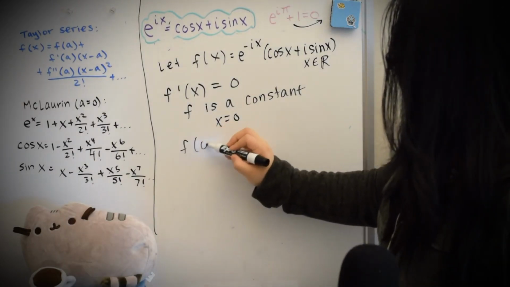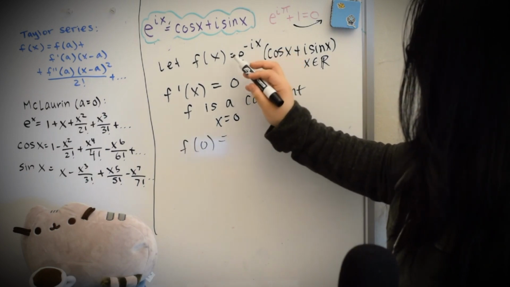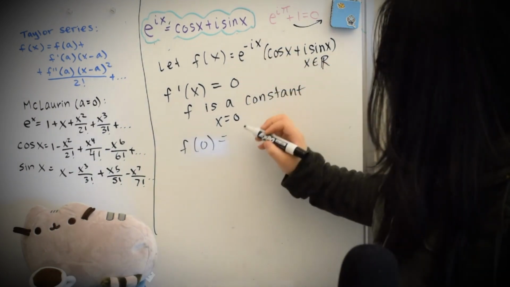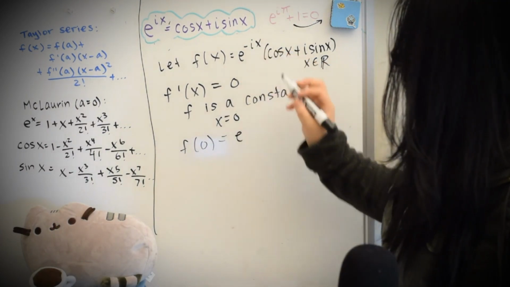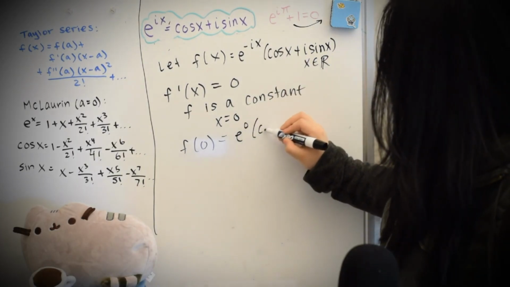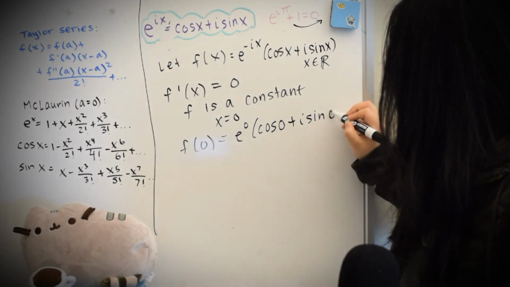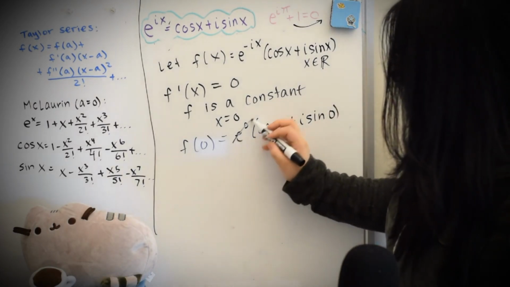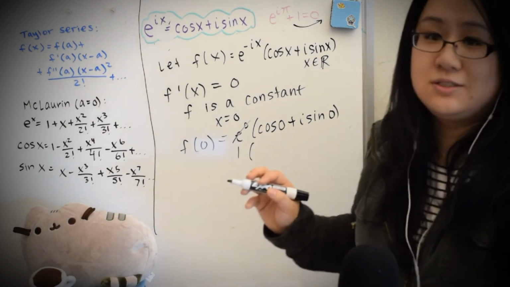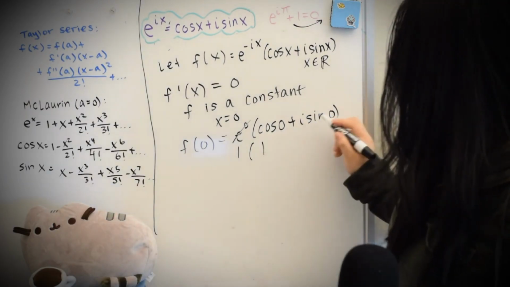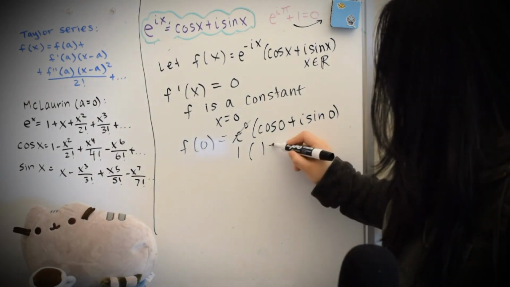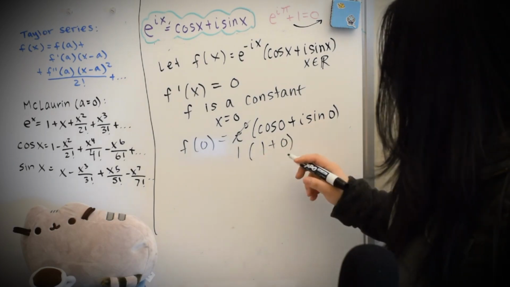So f of 0: if I plug in 0 for all the x's, I get e to the negative i times 0, so e to the 0 times cosine 0 plus i sine 0. And e to the 0 is 1, cosine 0 is 1, sine 0 is 0, times i is still 0, so 1 times 1